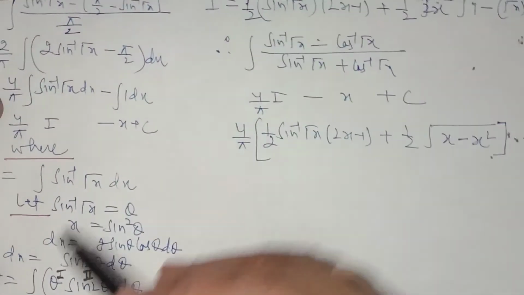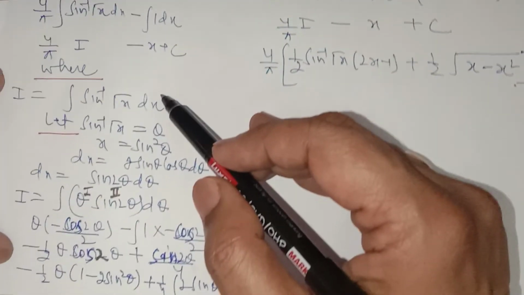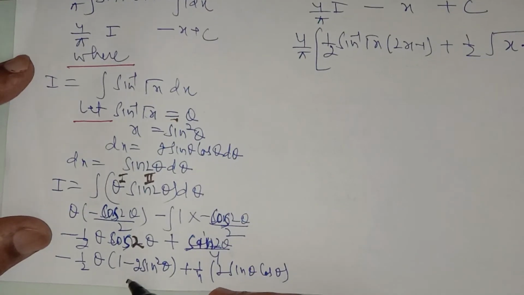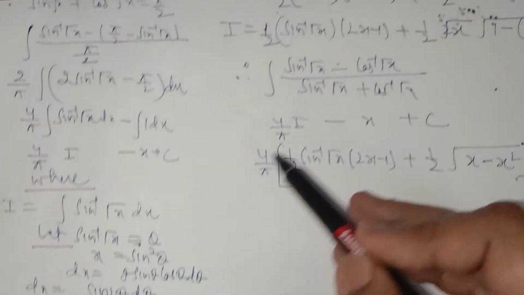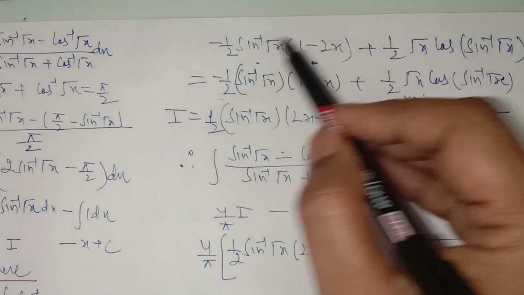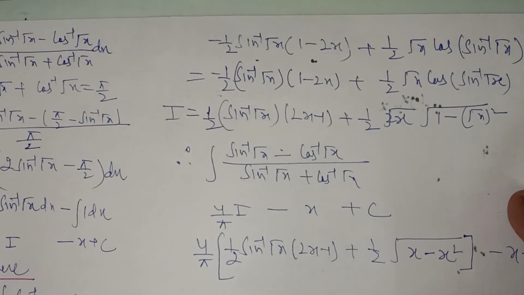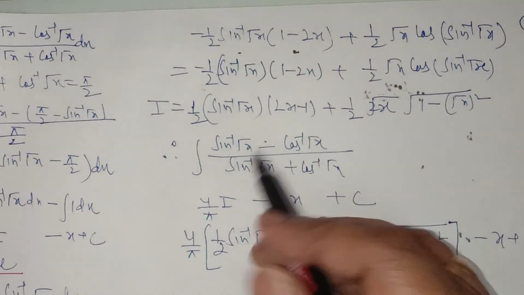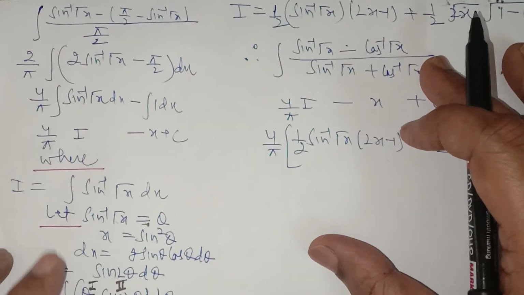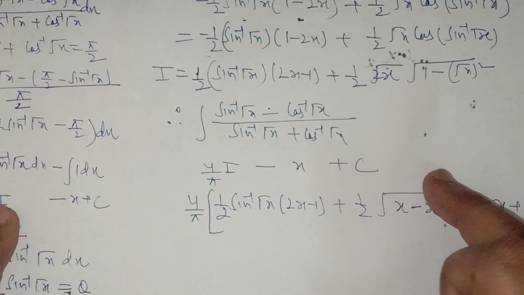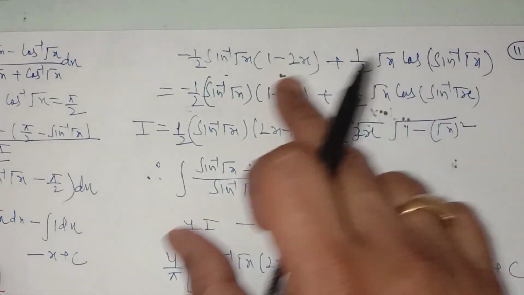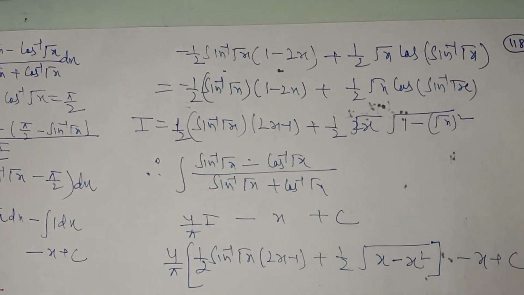So replace the value of theta, which is equal to sine inverse root x. The value of sine square theta is x here, like this. Replace the value of sine theta and cos theta, you will get this, and simplify as far as possible. So see it very carefully. This is the value of this I, and you will replace this value of I here where I have let it. This integral, replace the value of I here. So you take your own time to arrange these terms.